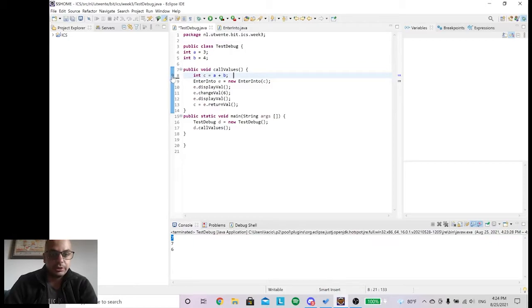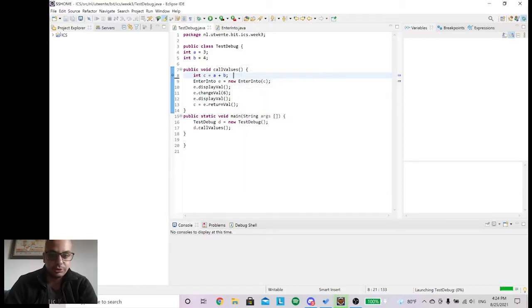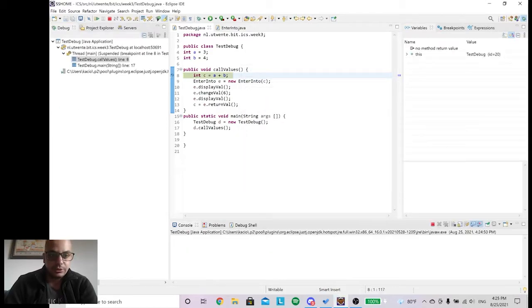By just double clicking on the left of that line, you're going to place a dot and you're going to start debugging from here. And after that, on top there is a small bug icon, which is the one that starts the debugging tool. When you press it, again it's going to want from you, if you haven't saved your changes, to save them. And it's going to start the debugging tool. If you do it for the first time, it might ask you if you want to change your view to debug view. In that case, you just press yes.